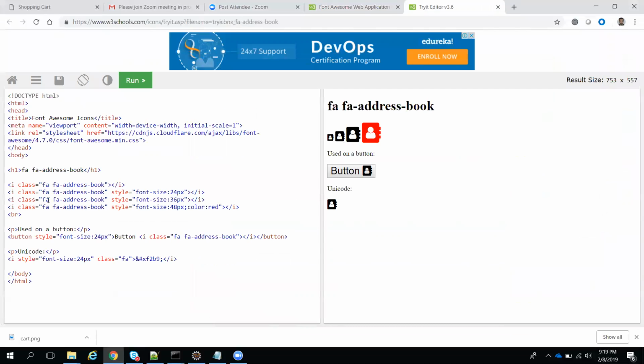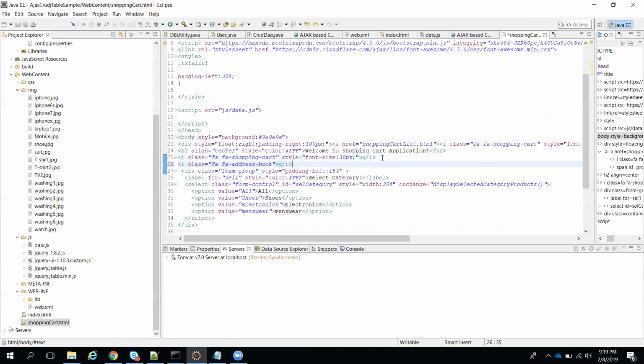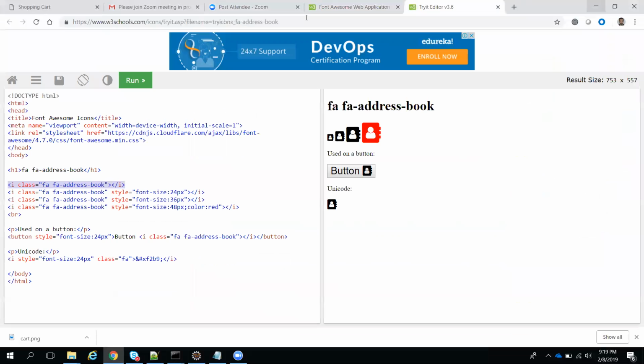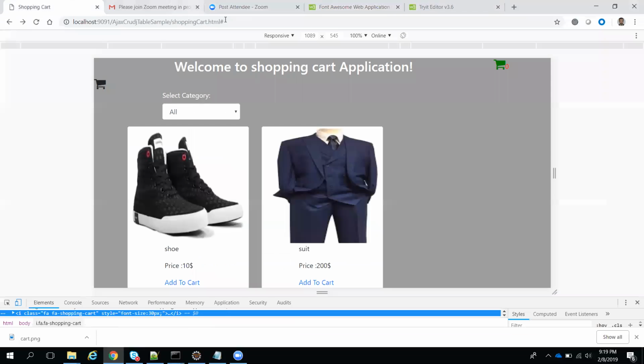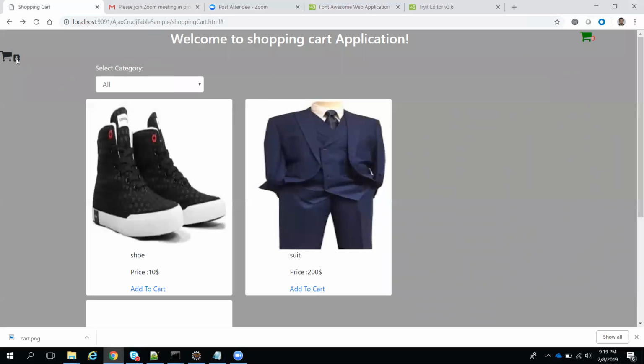I will type one thing for your understanding. We'll use it in our code because we already included it. See, they also used a CDN for Font Awesome. So now what I will do is add this icon here. See, these are predefined icons. Now we'll get that icon here. If you see in our code, see, the icon, you got it, right?